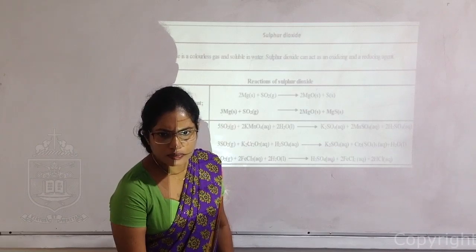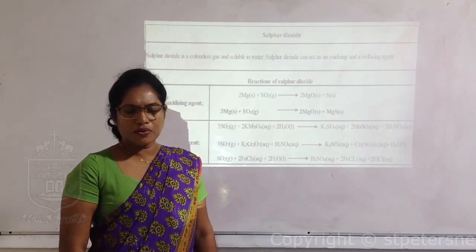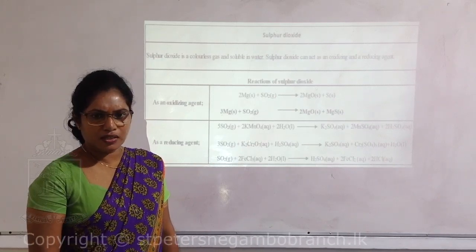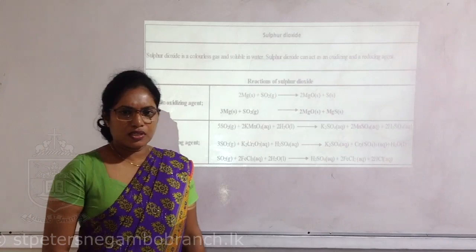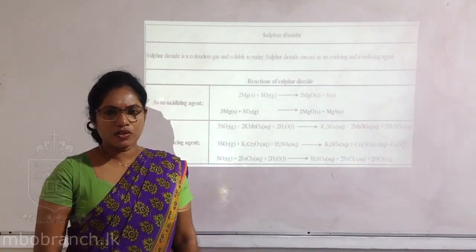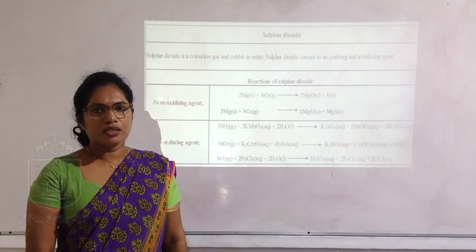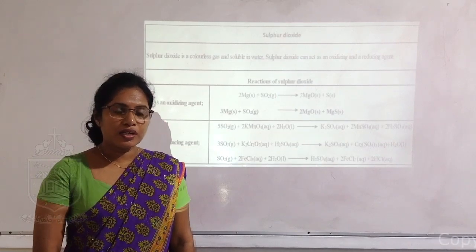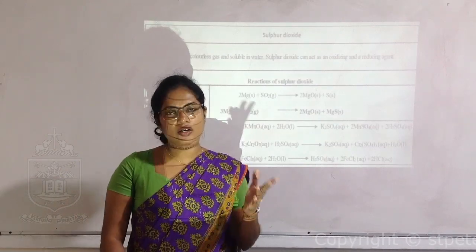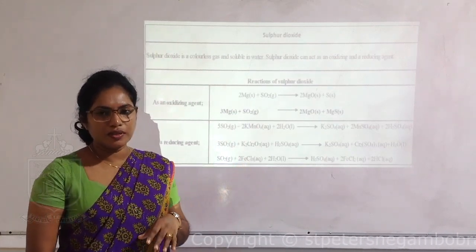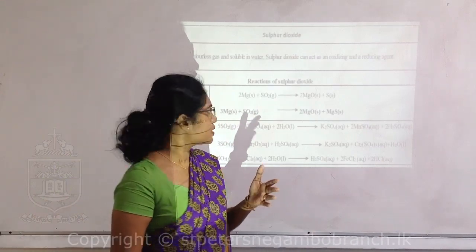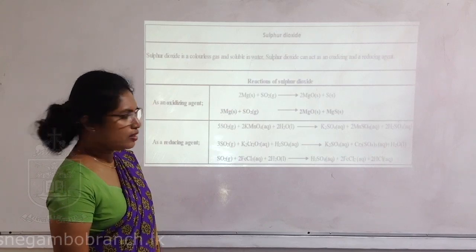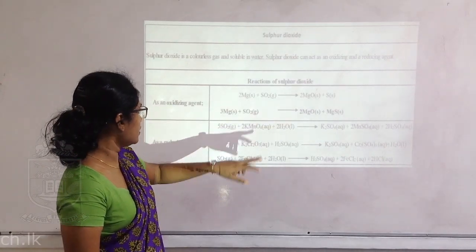Now another sulfur containing compound is sulfur dioxide. Sulfur dioxide is also a colorless gas and soluble in water. Sulfur dioxide also can act as an oxidizing agent and a reducing agent. If you take the reactions of sulfur dioxide as an oxidizing agent, sulfur dioxide reacts with